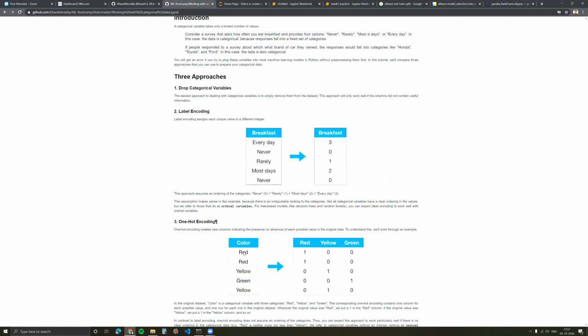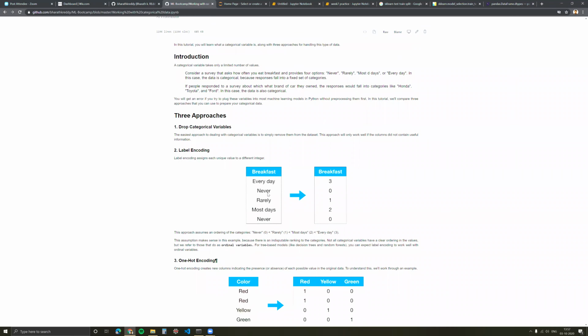So you cannot use ordinal encoding in things where there is no implicit importance of any variable over other. But let's say you have your categorical column, something like this: every day, never, rarely, most of the days. Now this has some order, right? Yes. Rarely is greater than never, most of the days is greater than every day, and every day is greater than rarely.